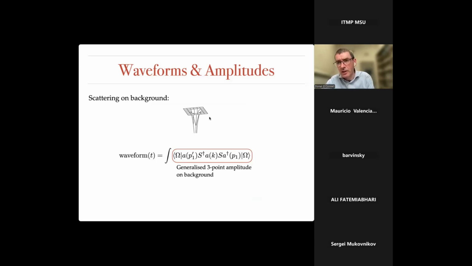So here now the background would correspond to this black hole that I'm keeping static, thinking of it as being very heavy. This amplitude will correspond to creating the light black hole and then measuring gravitons emitted from this process. So, a generalized 3-point amplitude on a particular background. And that would be appropriate if you're interested in performing a calculation at leading order in the mass ratio, the mass of the small black hole over the large black hole. This is relevant for LISA physics, like extreme mass ratio inspirals of a small black hole around a supermassive black hole. People are interested in this, very interesting physics.